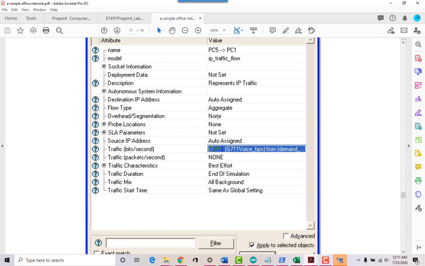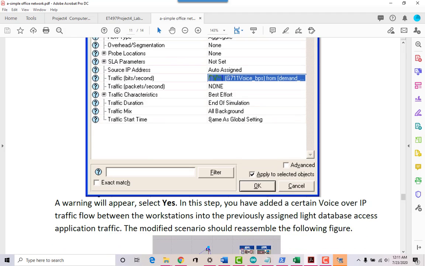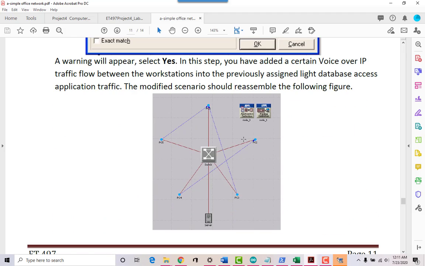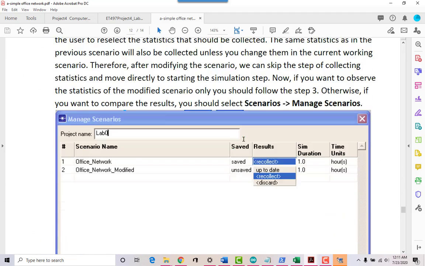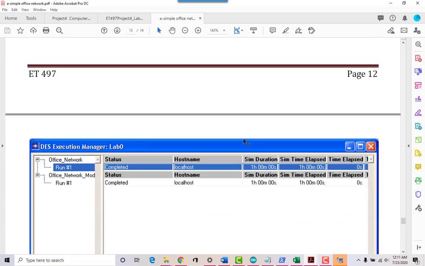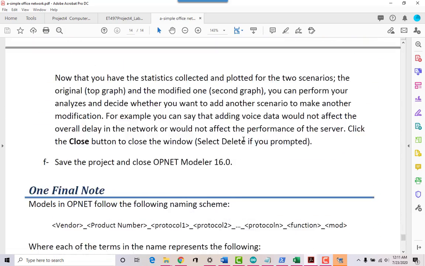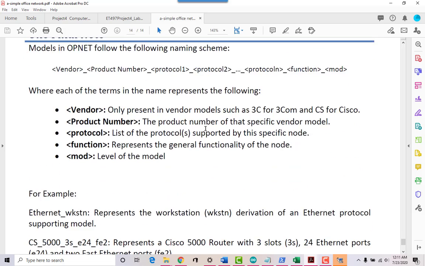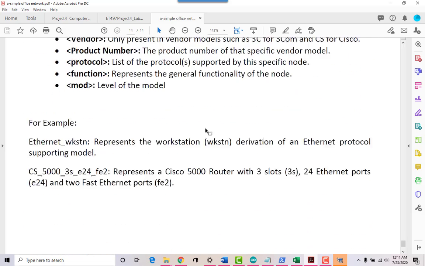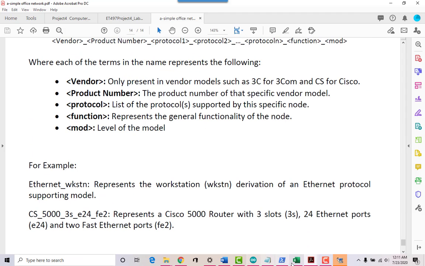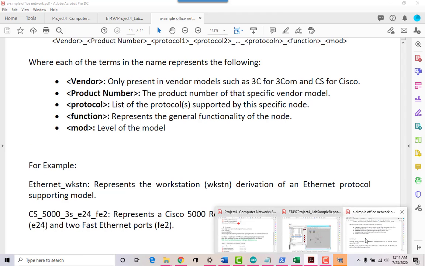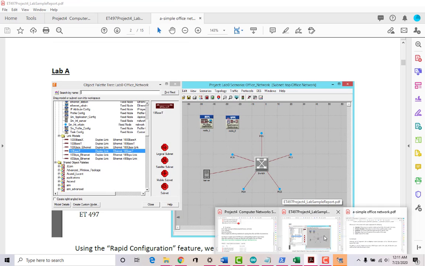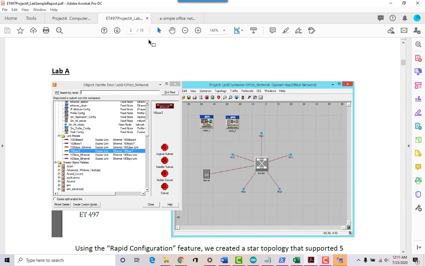Right, you can change the attributes of each of the components that you're adding into your network, and you get some results. Okay, so save the project and all these things. So I like to get some data, like I was showing you on the sample lab report.